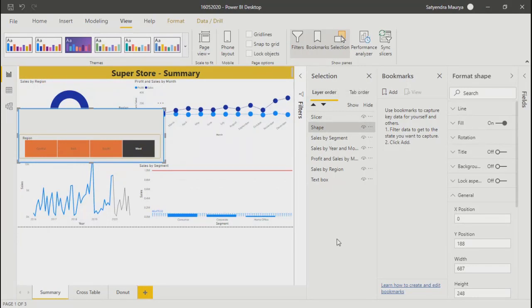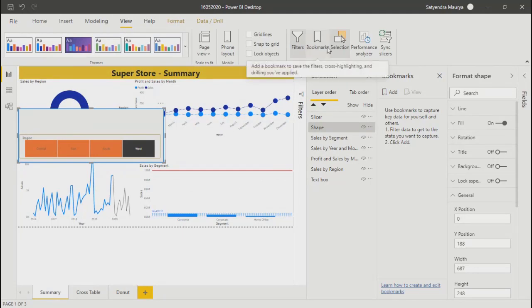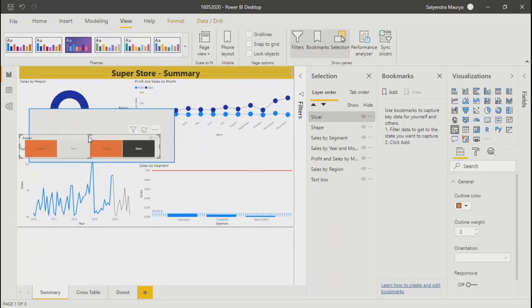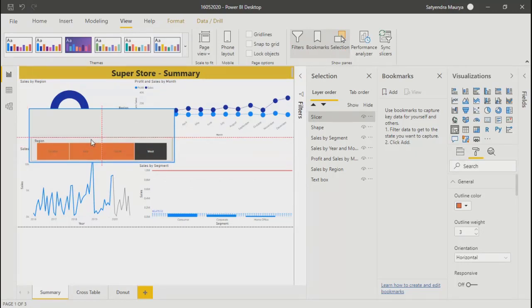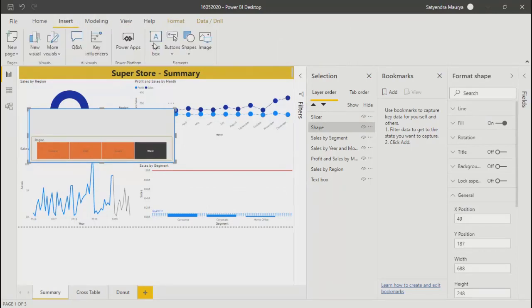Now, the next thing I want to do is put some buttons over here. On top of that, I can add some action, right? I'll take one button. You can insert from Insert, go to Buttons and take any of these buttons, whichever you want.